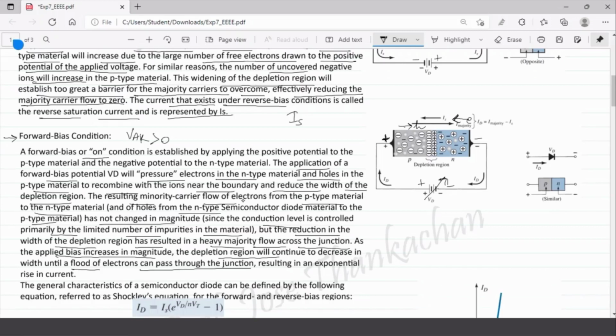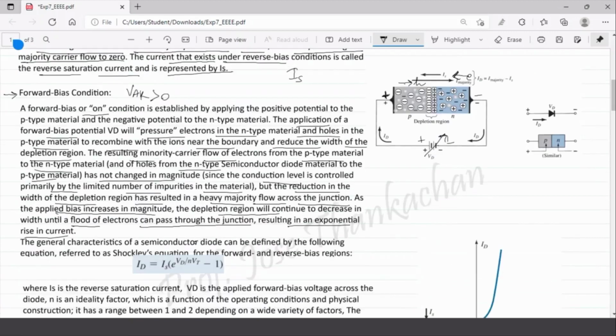That means from N-type to P-type these electrons will pass, constituting a current, an electron current from N to P or cathode to anode, whereas a conventional current flows from anode to cathode, resulting in this exponential rise in current here. So this is how you can say that in forward bias condition your diode actually starts conducting current. In forward bias condition we can represent the symbol as plus minus, and the current which is flowing here is the current ID of the diode from anode to cathode.